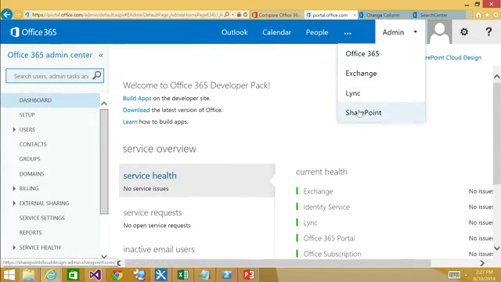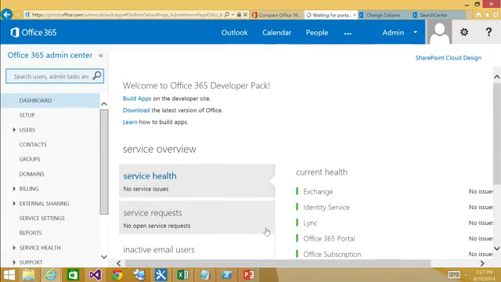Within the portal then, well, you get a whole bunch of stuff. You get Lync and collaboration and calendaring and My Sites and 1 terabyte of storage per user, and you get SharePoint, Office 365 as well. So within SharePoint,